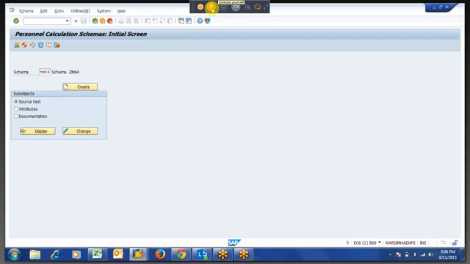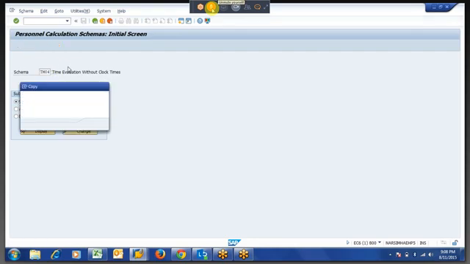schema which was given by SAP, that is TM04, TM00 or TQTA, whatever the program, whenever SAP is upgraded, means if you upgrade your patch level or something like that, all these schemas will be upgraded and whatever logic you have written inside the standard schemas will be erased. That is why SAP is telling, if you want, you have to copy the standard one which was given by SAP, and you have to put your